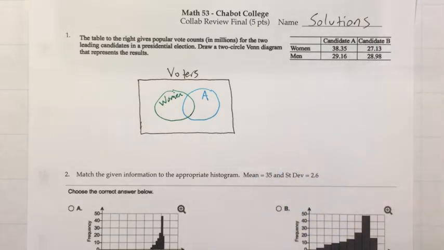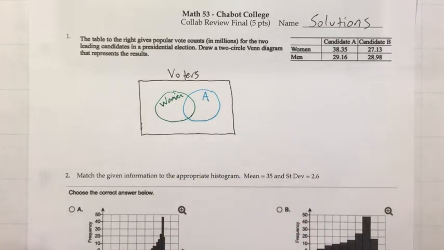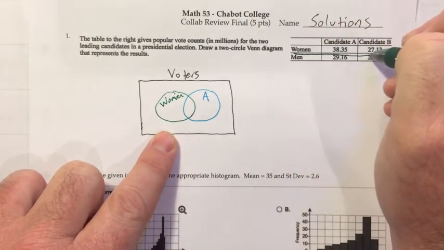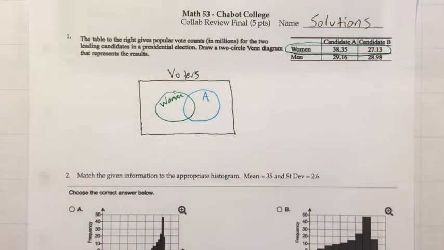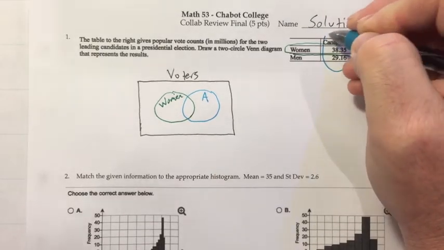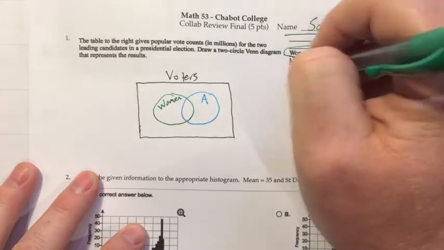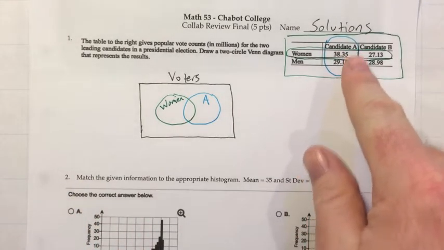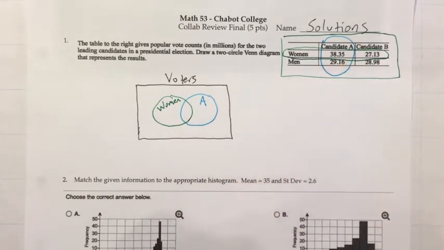And then recently I realized a trick that you can do that makes filling in this Venn diagram super simple. Since the women's circle is in green, let me come over here and circle the women's row in green. And then I'm going to do the same thing for candidate A. Since that's the teal circle, I'm going to circle candidate A with the teal circle. And if you were to do that, and then draw a box around it, you've essentially got your Venn diagram right there. So the intersection of the green and the teal should represent women and candidate A, so that 38.35